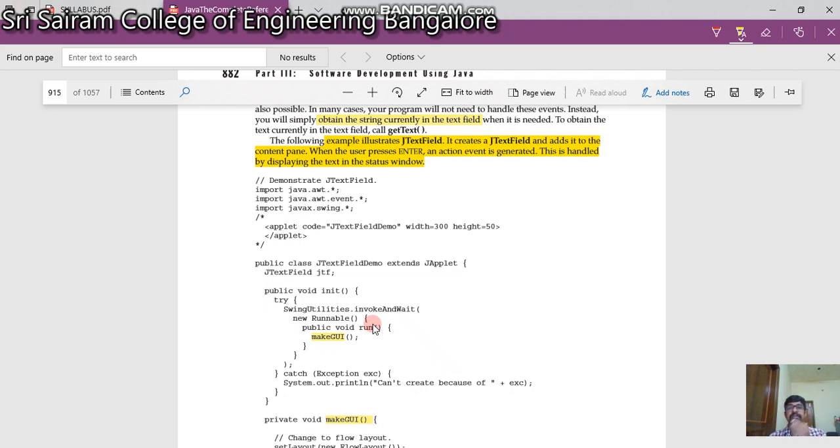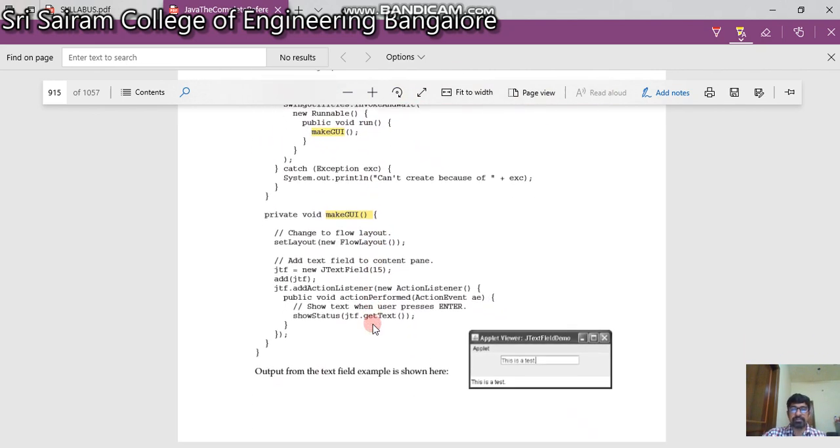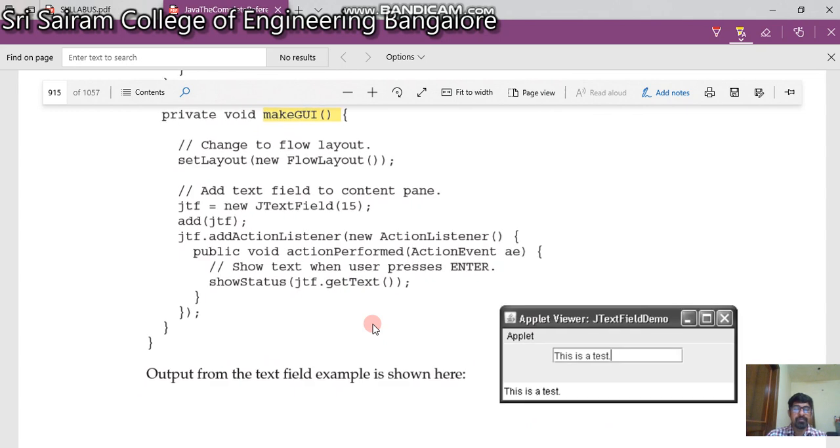When the user presses enter, an action event is generated. This is handled by displaying the text status in the window. So this is what happens when you press enter after entering something from the keyboard. The text will be generated and displayed on the screen. You get the text, and it will be displayed over here. And this is for JTextField.